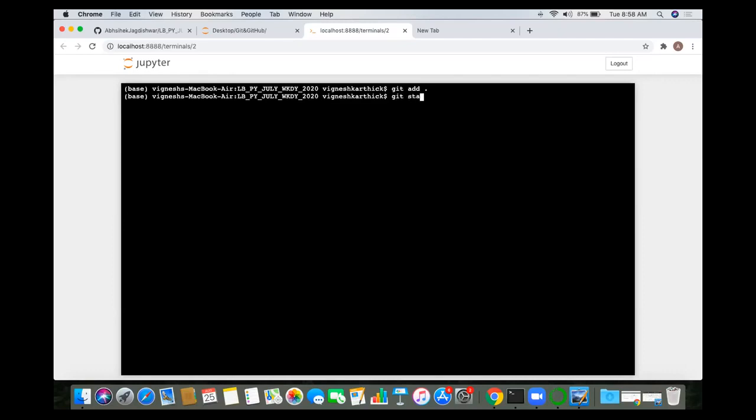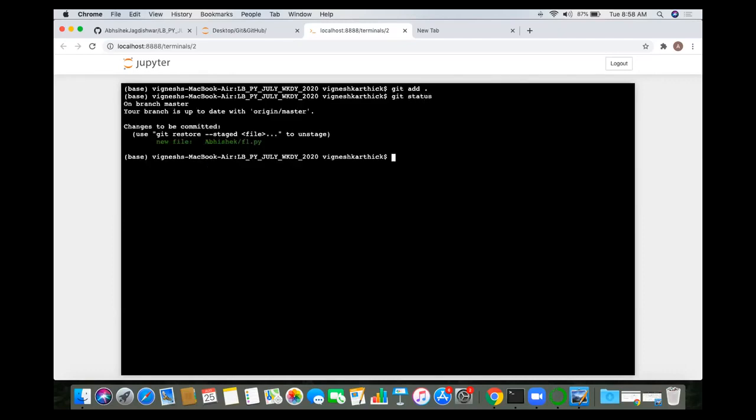Now, if you do the git status, it will show you changes to be committed. Now it is not showing in red. First thing. Second thing, it is not showing the untracked files. It is showing changes to be committed, which means we are in the staging area, and you can see which file. So the Abhishek/f1.py file is in the staging area. Yes, Jude.